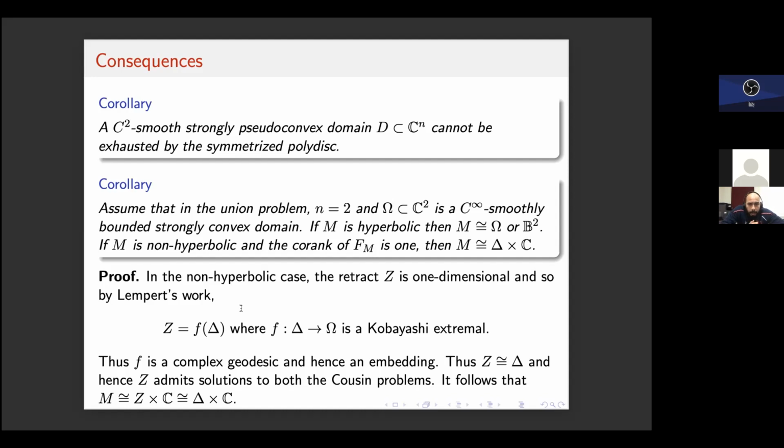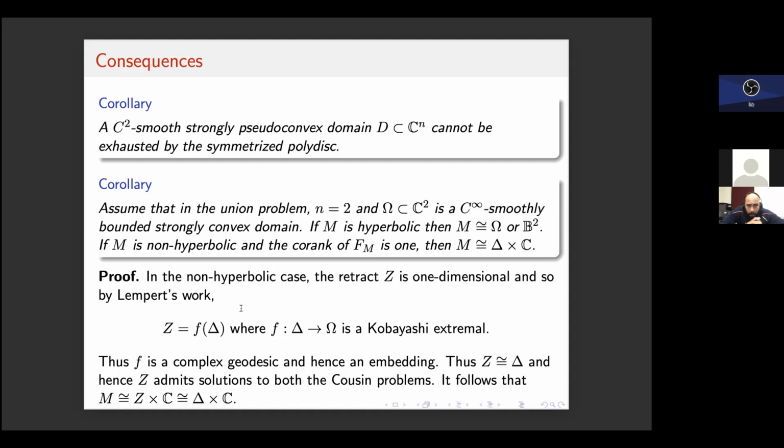The second corollary is: suppose Omega is a next domain. Then if M is biholomorphic to Omega, M is hyperbolic, and this is an immediate consequence of Theorem 1. And in the non-hyperbolic case, we can describe M more explicitly. We can actually say that M is biholomorphic to Delta cross C. Okay, and the proof goes like this. So in the non-hyperbolic case,